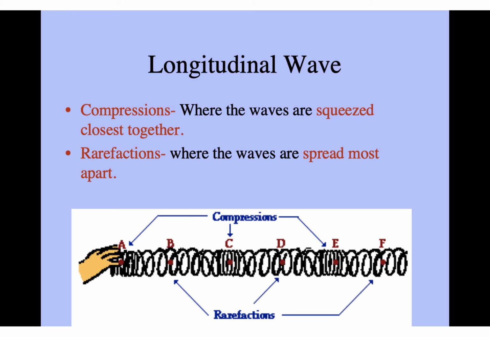All right. Now, we have parts for this longitudinal wave, and those parts are called the compressions. And the compressions are where it's squeezed together, which makes sense because we know compressing things means squeezed together. And the other one is the rarefaction. Now that's not refraction, that's rarefaction. And rarefaction is where it's been stretched out, pulled apart. And you can see that through the little slinky picture there.